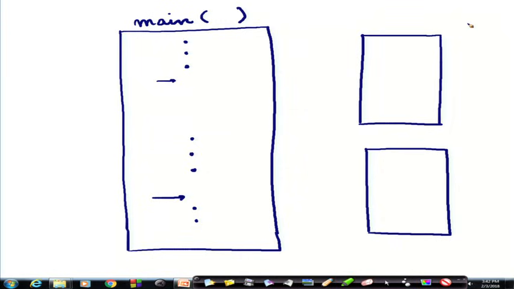Now, remember that this function, whose name is say f1, can be used by my main function or somebody else's main function also.